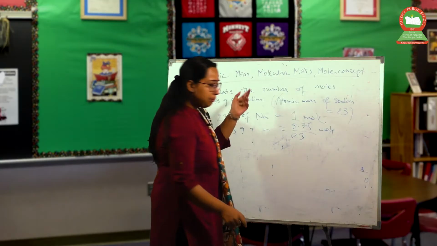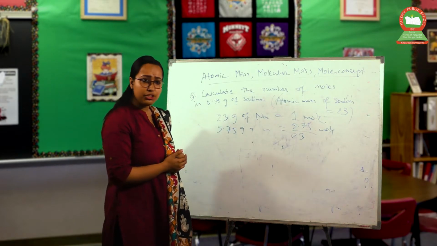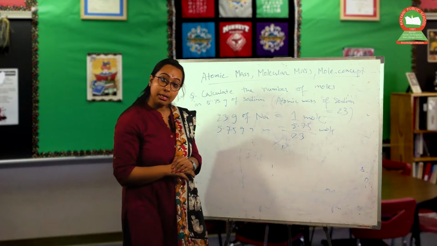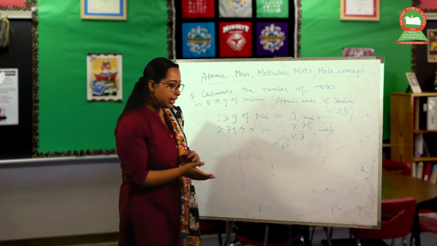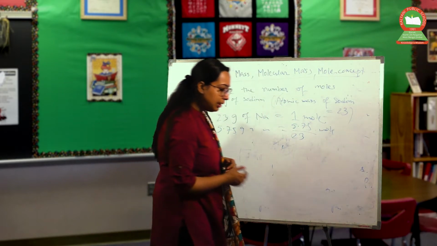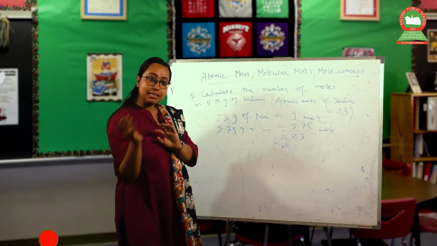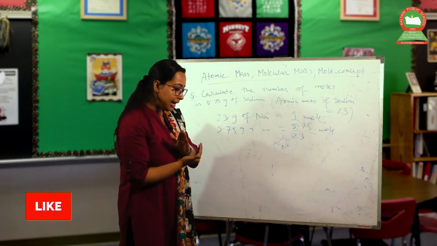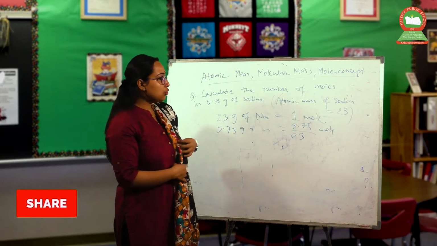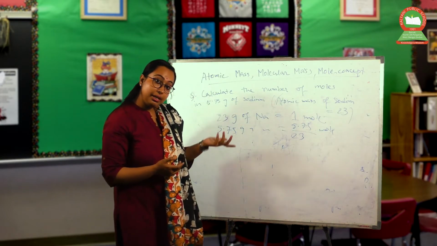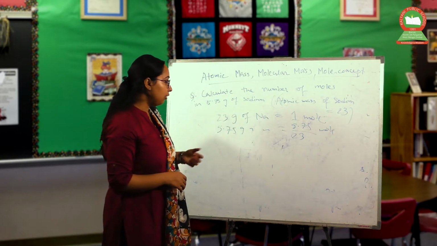So students, previously in the structure of 1, 2, 3, we mentioned that this is the atomic number, not the atomic mass. That's the basic difference between atomic number and atomic mass. 1, 2, 3 are hydrogen, helium, lithium, and these are on the basis of atomic number. In the case of hydrogen, the atomic number and atomic mass are nearly equal, but in the case of sodium, as we can see, the atomic mass of sodium is 23, but the atomic number of sodium is 11.